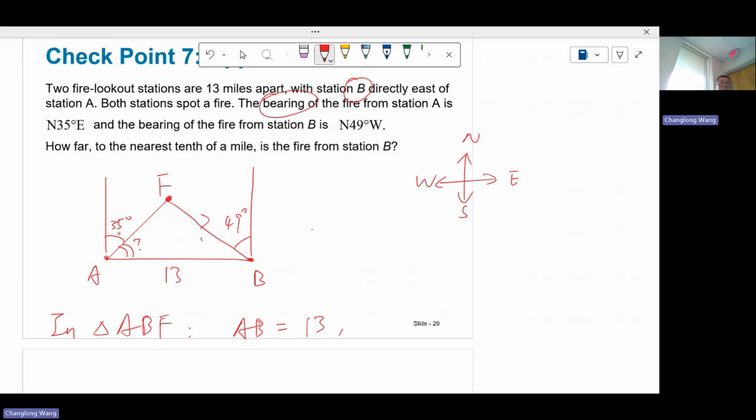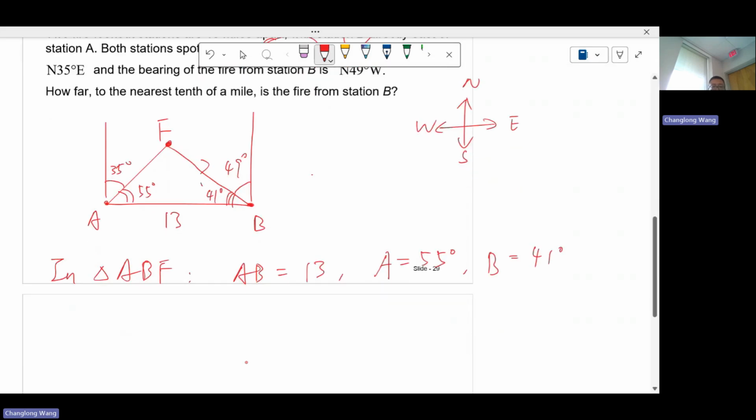55, right? It's related to the 35. It's the complementary angle. So let's put it down. This is 55 degrees. I'm sure that you see this one has to be 41 degrees, again the complementary angle of 49. So now we have angle A is going to be 55. In the triangle, we know angle B is 41 degrees. We know two angles plus the side, so we can figure out